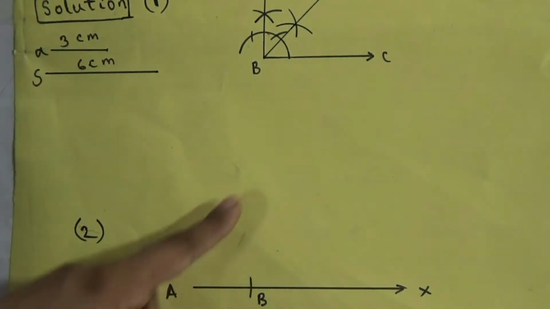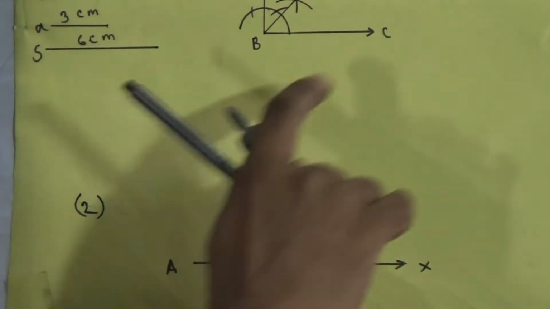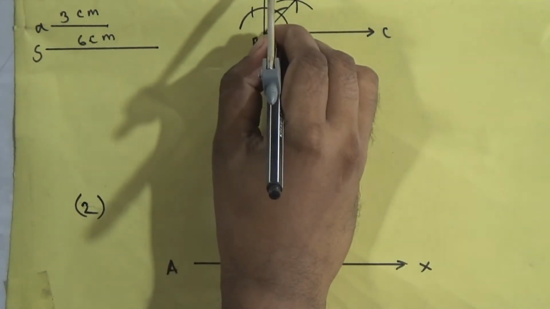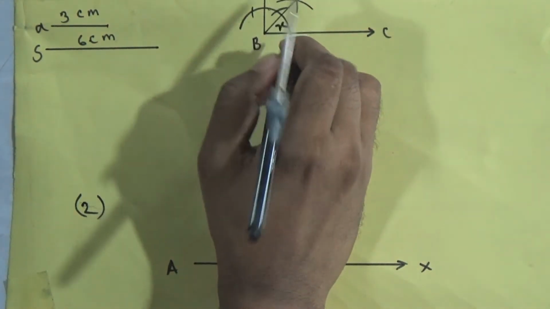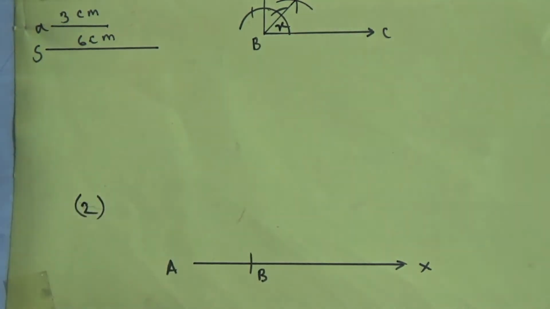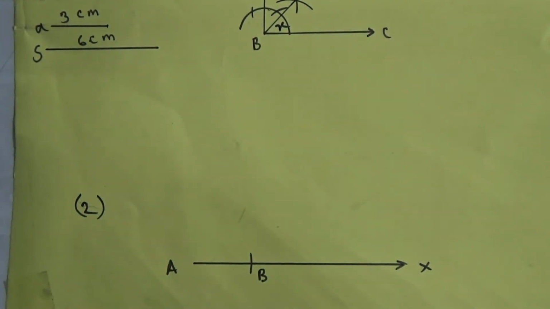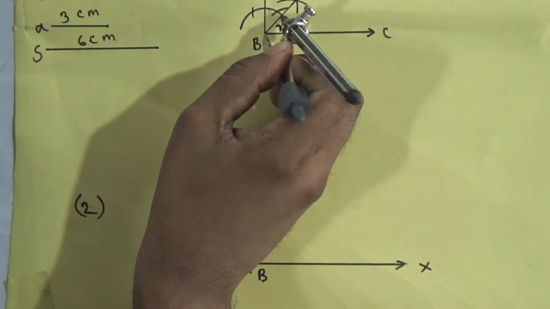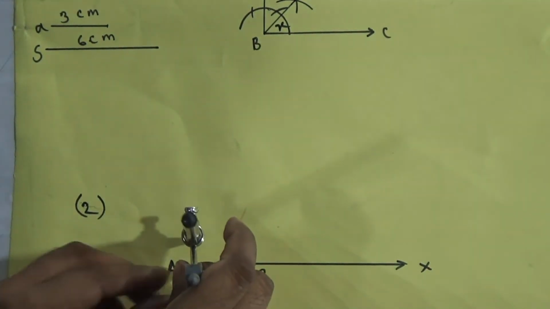Now we will draw a 45-degree angle at the point A. Here we know that CBF is a 45-degree angle. Its name is X. We are considering the name of the 45-degree angle is X. So if we draw an angle which measurement is equal to angle X, then it will be a 45-degree angle. Now we are drawing an angle at the point A which measurement is equal to the angle X.